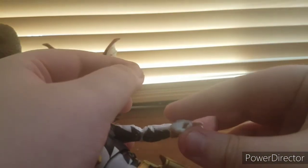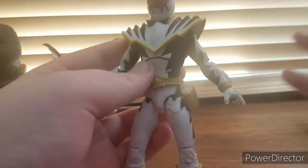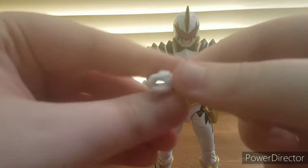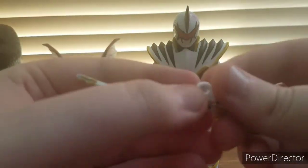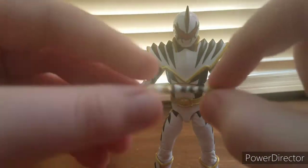It does have a hinge joint, so you can get some posability, but I'm not really a fan of ripping this out, which is an issue that I had with my other Dino Lightning Collection grabby hand. Which I actually just realized, I thought this was an open hand, and it's kind of slanted. I'm pretty sure it's so you can represent him slashing his awesome sword, which again I touched up a little bit,